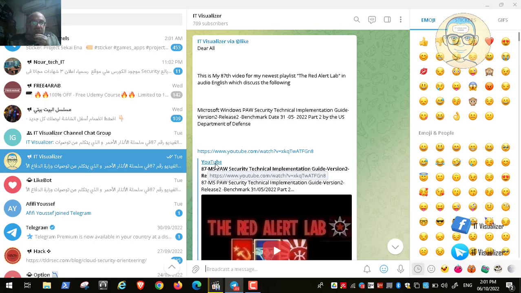Some of them we have discussed earlier in the beginning of the series, and some are completely new, which encouraged me to discuss this document with all of you. So we have finished discussing the PAW, how to secure it, how to create it, how to do a lot of things to make it operational and to make it secure. Today we will